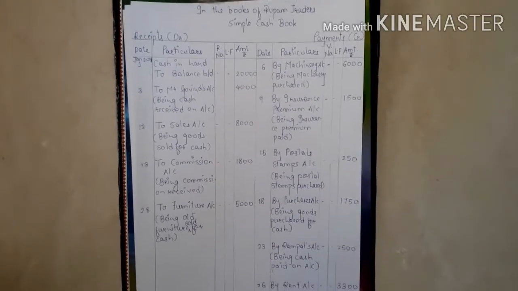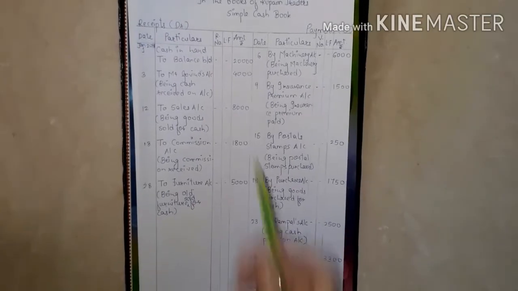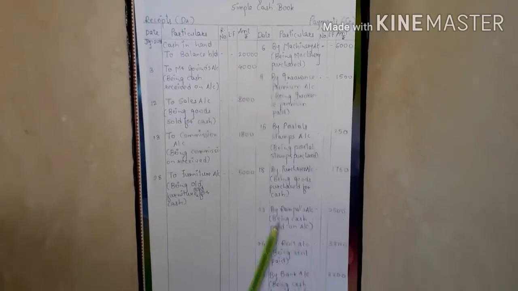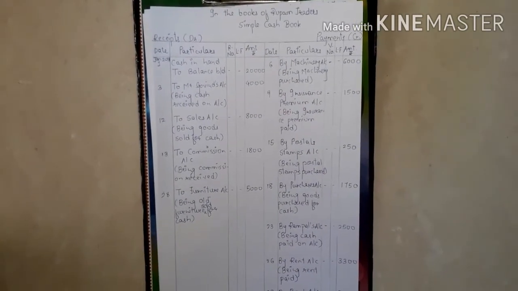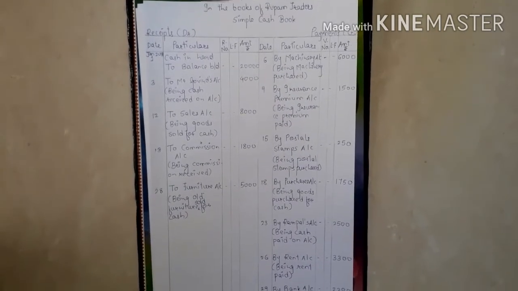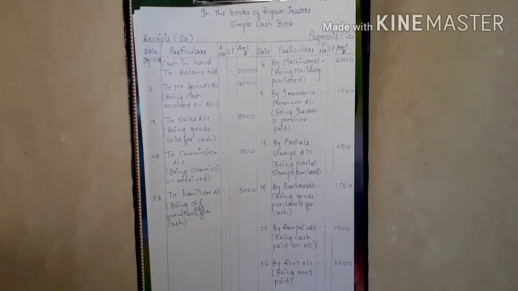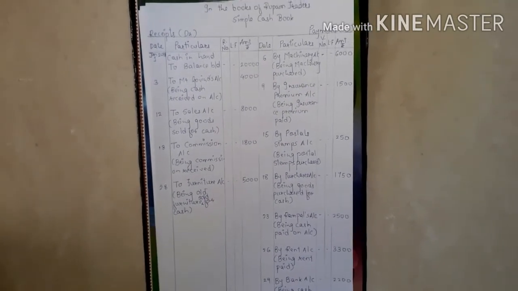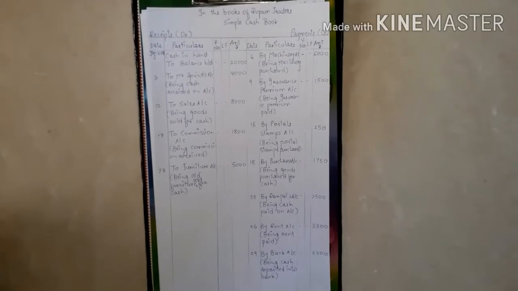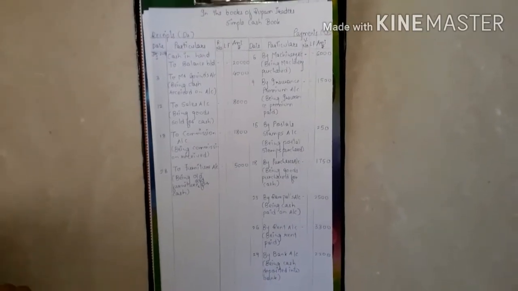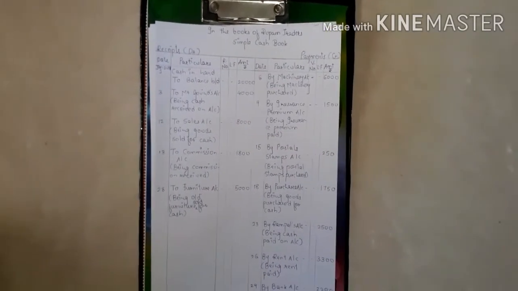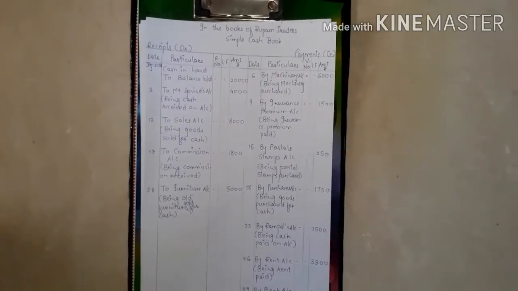So firstly we will calculate receipt side. So you add up 20,000, 4,000, 8,000, 1,800 and 5,000. You have to plus all these amounts and don't write it in a fair way, just calculate this amount. Now what is the amount for this? 38,000. Oh sorry, not 38,000. We have to keep this amount aside. Don't write it in a fair way. After calculation of receipt side, then you have to calculate the payment side.